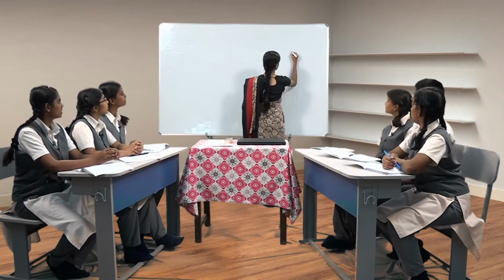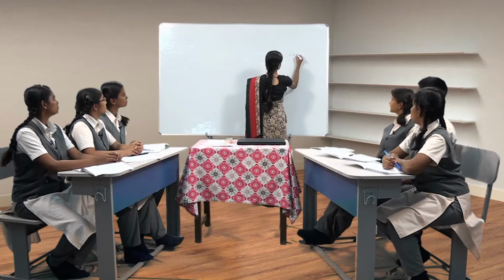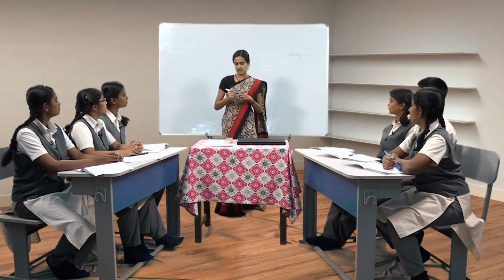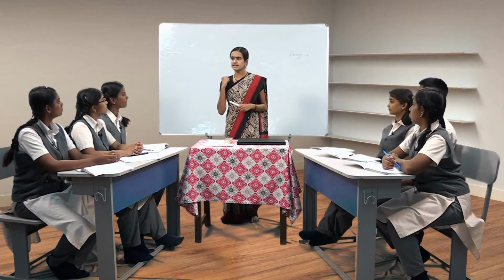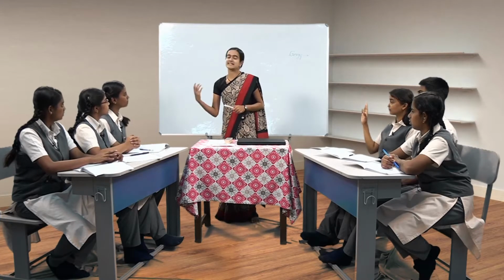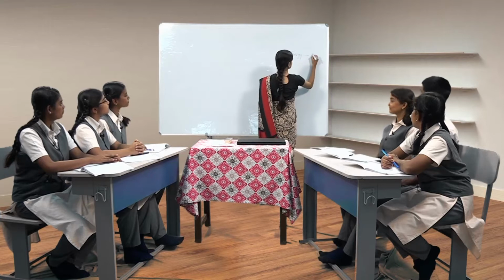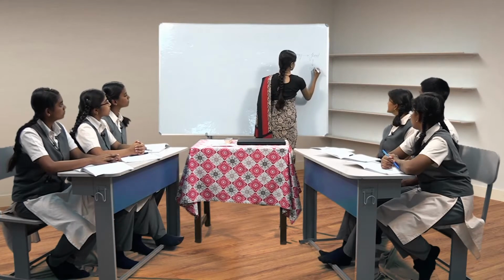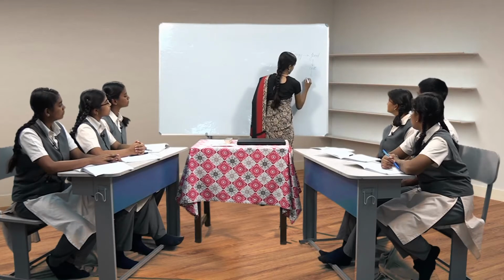Ma'am, energy. Very good. You need energy to perform all the activities after coming to school. So this group answered one. Now tell me, from where does this energy come to us? Cells. Okay. Does the cell give energy on its own, or does it have to come from some place? It has to come from some place. Ma'am, from food. Yes, very good. So we get the energy from the food we eat. Like she said, it goes to the cell and then it is used for all the activities.